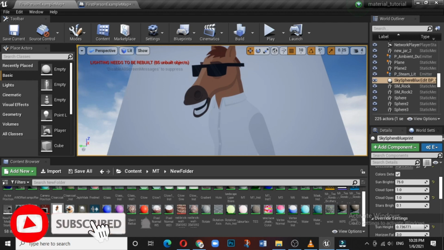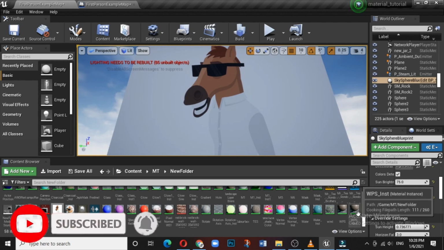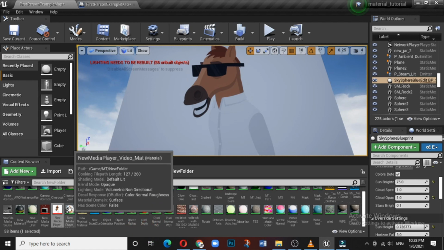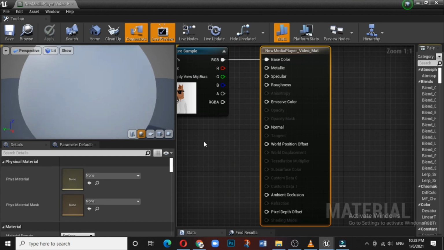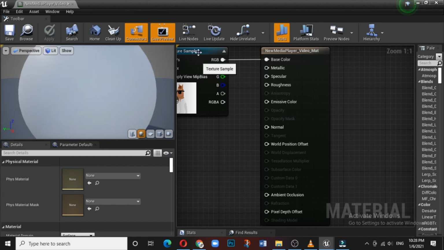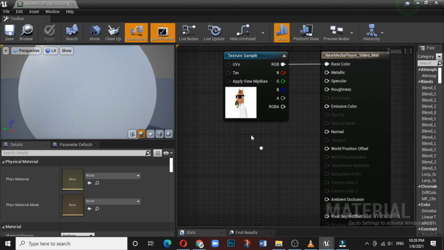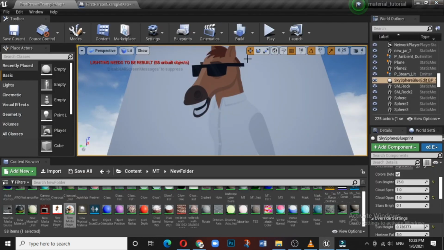Why is it not moving? Because a material has been created but the material is not moving, so it is a static material. So here you can see there is a material which has been created. You open the material and let's see. So here is the material. What you can see here is this is the texture which has been created. So the material is not moving, or the material is not appearing as a media. Fine. Now what you have to do is, here the blueprint comes into the picture.